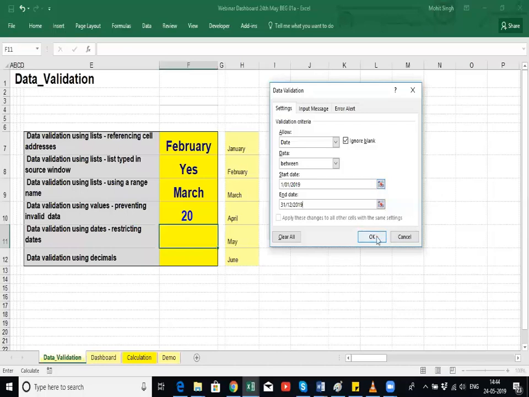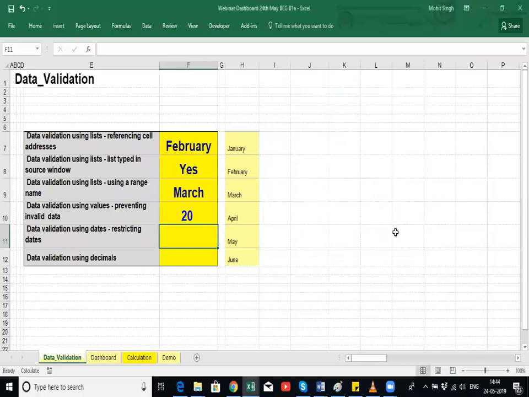I hit OK, and now if I type today's date, which is 24th, then it lets me in. It takes the input. Suppose if I change the year,